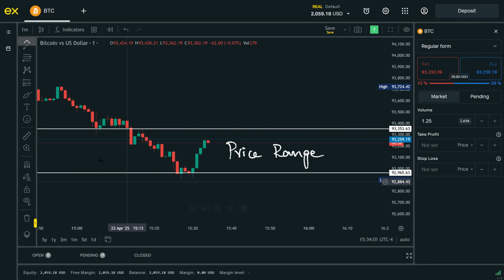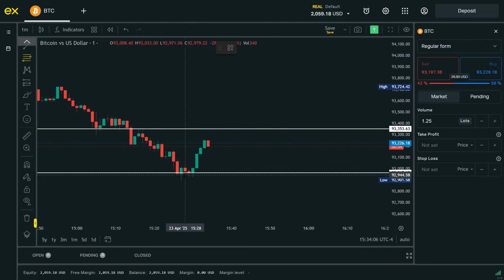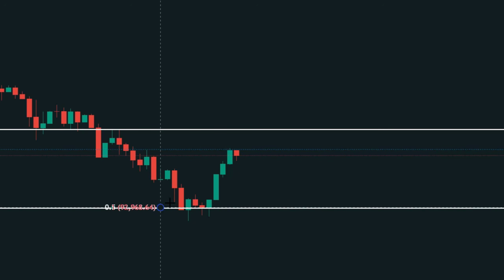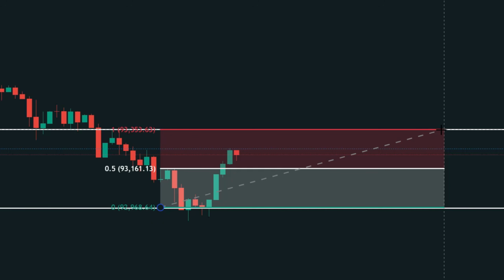This is where the strategy really comes to life. We'll now take the Fibonacci tool and apply it from the top line to the bottom line, or vice versa, depending on trend direction. This gives us key levels within that range where the price may bounce, reverse, or break out. What we've done here is not just draw random lines or use the Fibonacci blindly. We've combined price action plus Fibonacci to create a custom zone that actually means something. This combo of candle structure and Fibonacci makes our setup far more accurate and gives us a clearer roadmap for